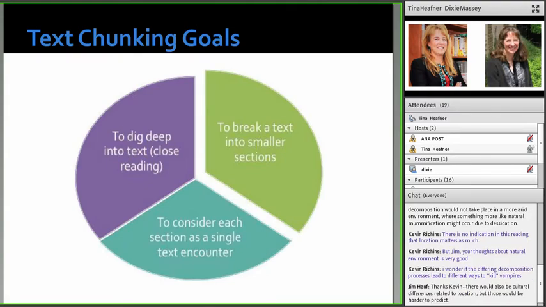We, in particular, used a strategy we call text chunking. It's slightly different from short text, because short text can be a complete text that is just a short version. Short text can be modified primary source text. You can take a text and shorten it rather than making it a short text. You can take it and break it apart into chunks, into smaller segments, so that you can go more deeply into these segments, so that you can explore and use close reading again, as I mentioned before, but you have